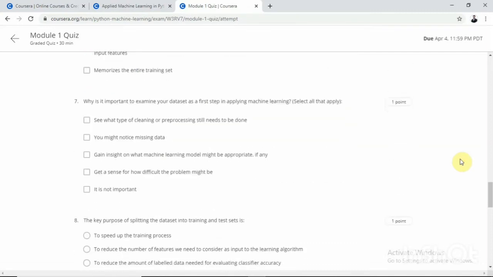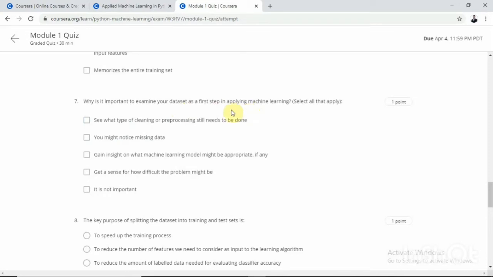So let's proceed to the seventh one. Why is it important to examine your dataset as a first step in applying machine learning? Before applying any machine learning algorithm, why do we have to check the dataset? The options: see what type of cleaning or processing still needs to be done, the first one is correct.